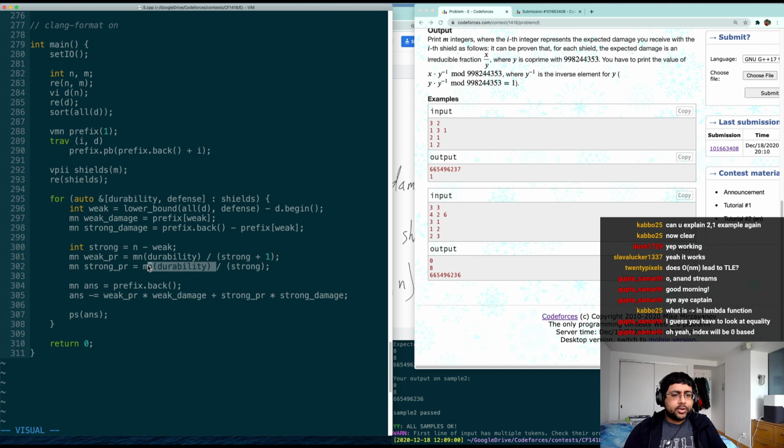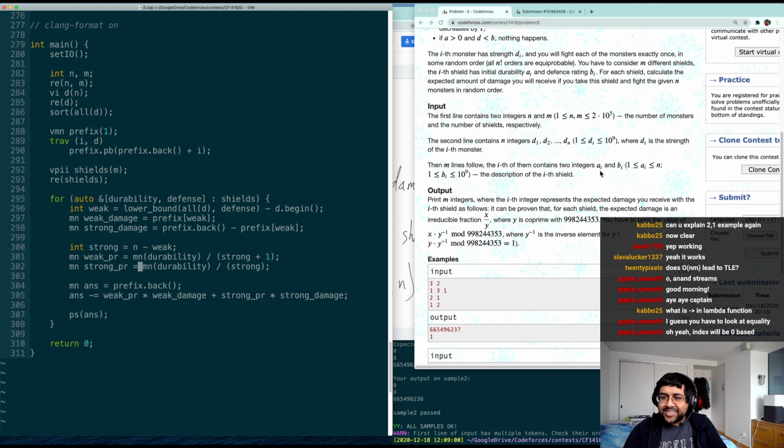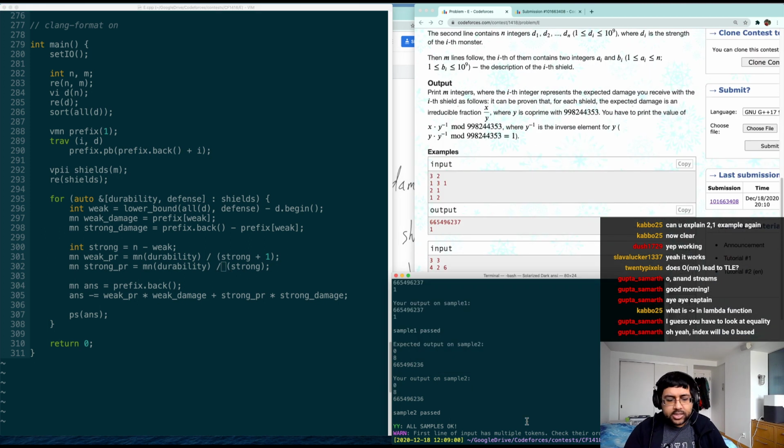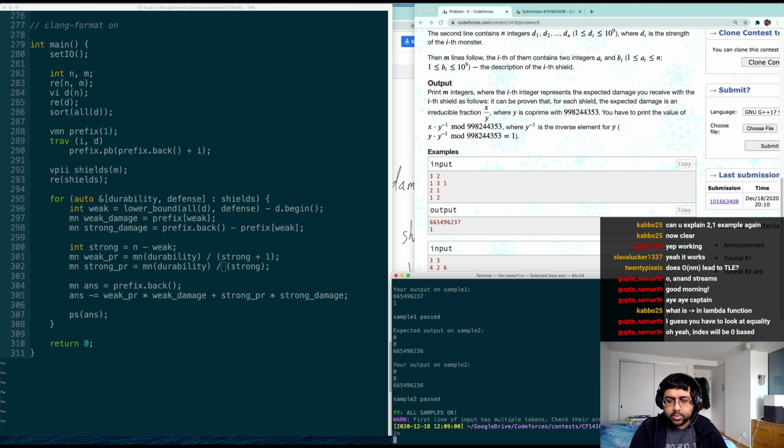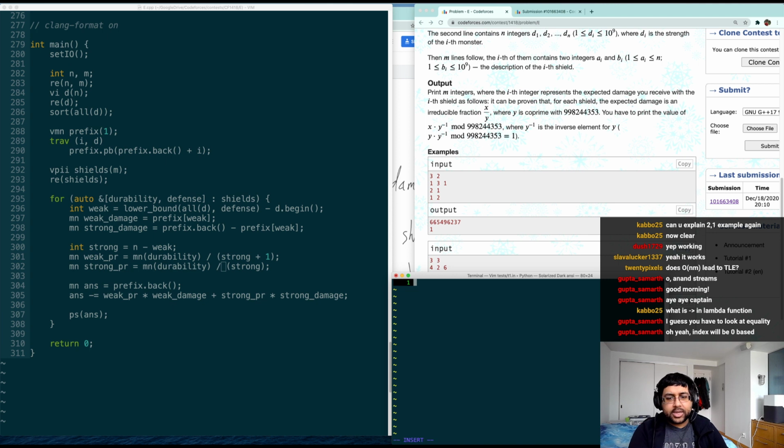Oh, is it possible here for the probability to be more than the probability? So this probability can be, wait, is that right? So if strong is pretty small, yeah, okay. So let's try an example. I think there's this edge case where your durability is higher than your strongest, or it's higher than the number of monsters that can actually damage